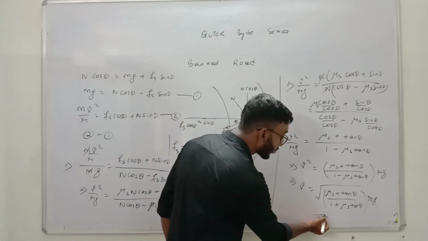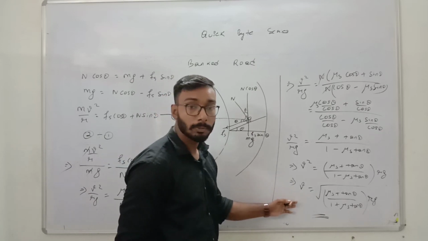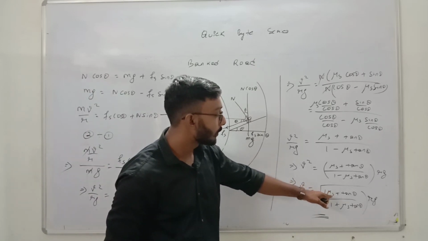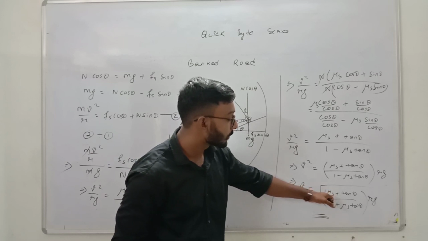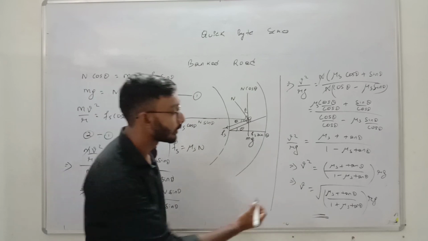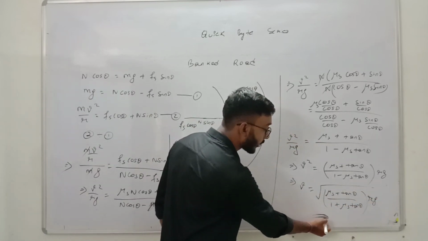Okay, so this is the final equation of the velocity, and for the level road also we have done it. Questions might come here for numericals, where they will provide you the coefficient of static friction and all, and they might ask you to find the velocities. So this is the process to do that. Okay, fine. So we'll end up here. Thank you.